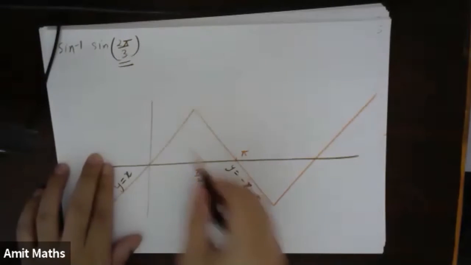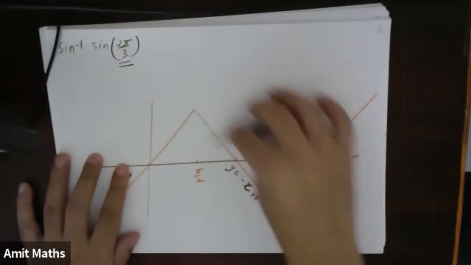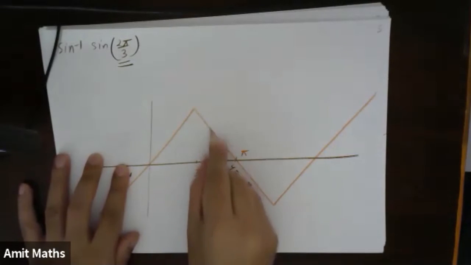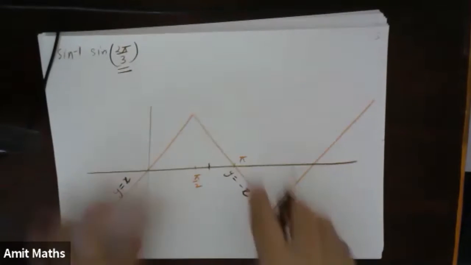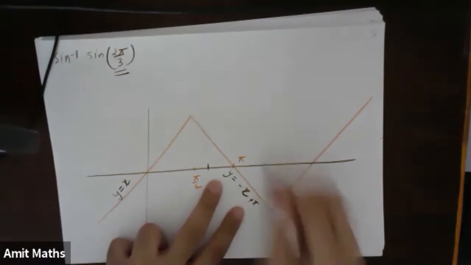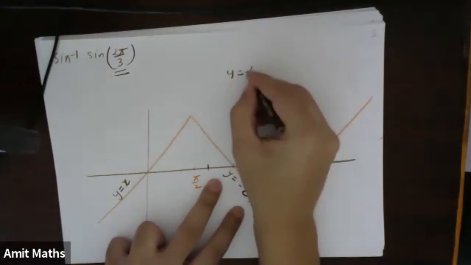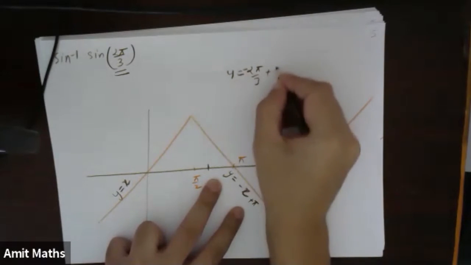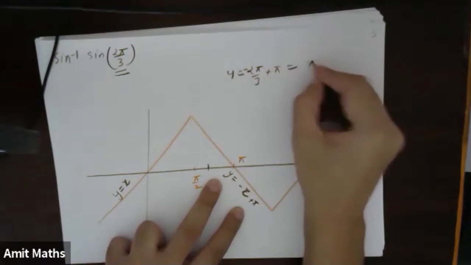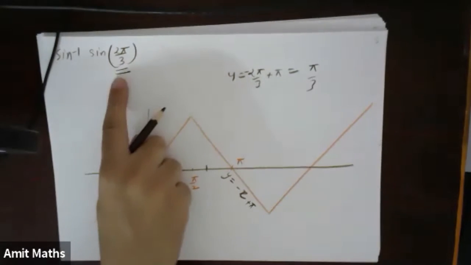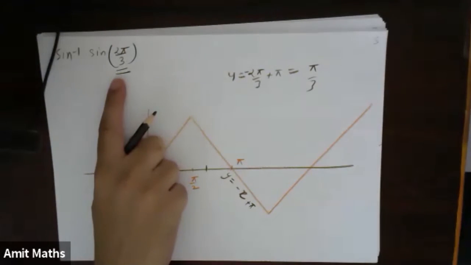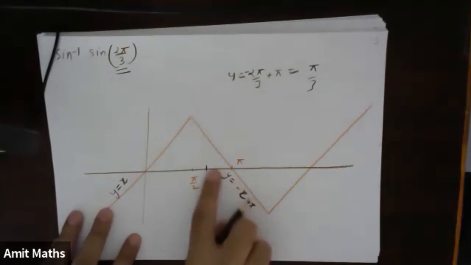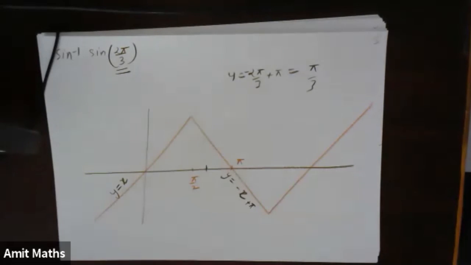Okay. So now 2 pi by 3 will lie somewhere here. 2 pi by 3 should be having intersection with this. So let's substitute 2 pi by 3 in the value of x. So y is equal to minus 2 pi by 3 plus pi. This will give you what? Simple, pi by 3. We were getting the same value, pi by 3. Yes, correct. So we got pi by 3 by solving the equation of the line.